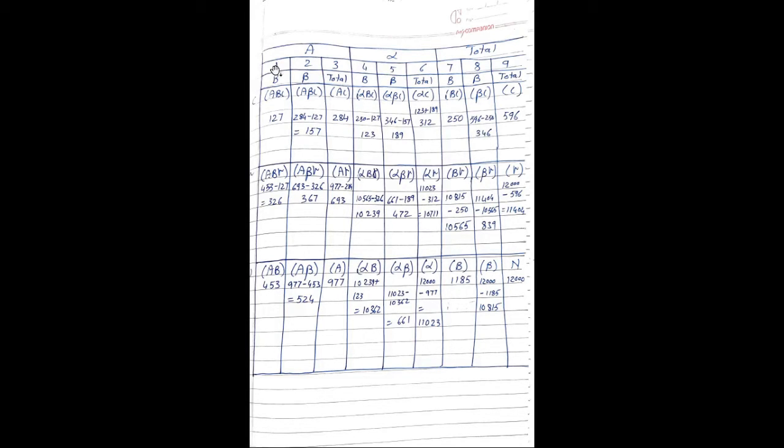See, column number 1 plus column number 2 gives us column number 3. Column number 4 plus 5 will give us column number 6. 7 plus 8 will give us 9. Now see, we have 284 value which is given already in the problem statement, and we are given 127 also. So to get A beta C, what I will do? I will subtract 127 from 284 to get 157. So A beta C becomes 157.